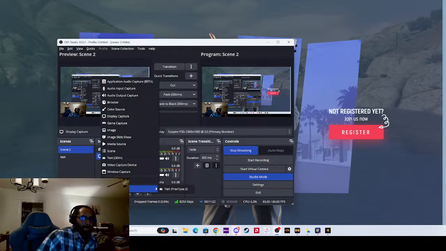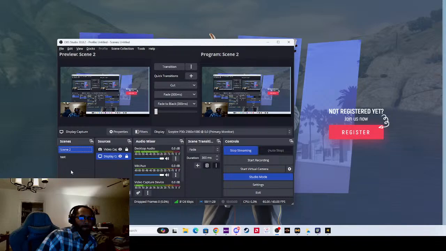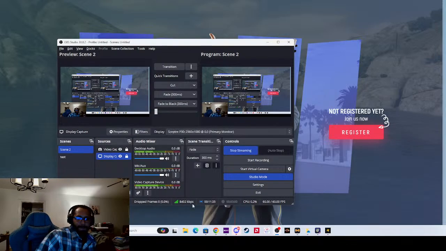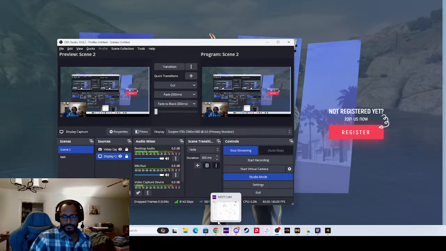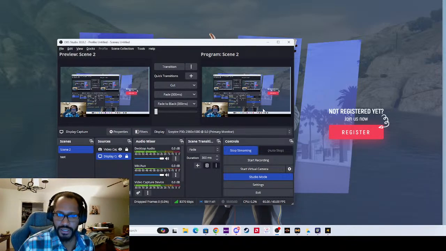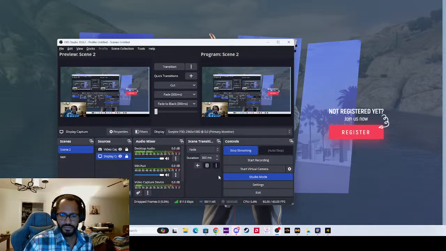So let's say you don't want all the audio from your PC going to your stream or your video. You just want to capture the audio from Discord or Spotify. You would select application audio capture, hit OK, and then you would select the window of the program that's running right there. So if I wanted to only capture audio from Spotify, make sure Spotify's open. It'll pop up here as a window, and you select that, and now Spotify will be captured as an audio device. Next on the list here, we have audio input